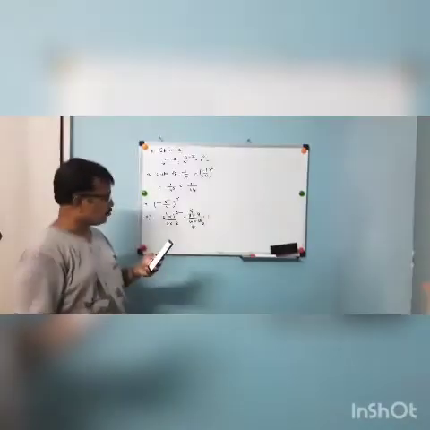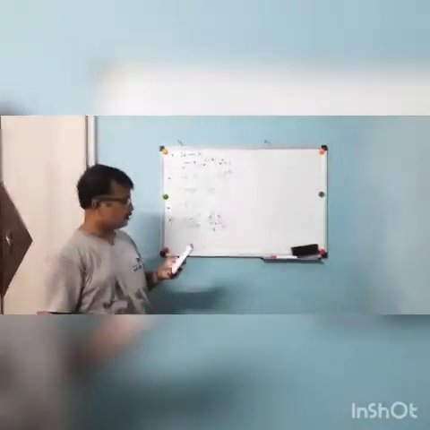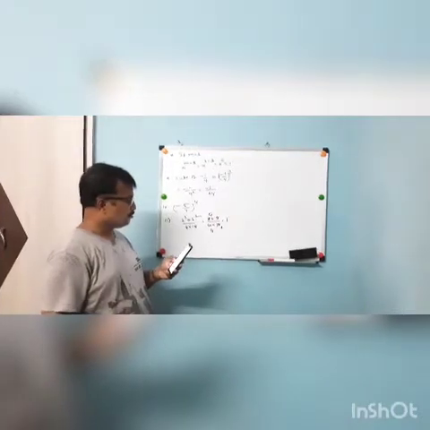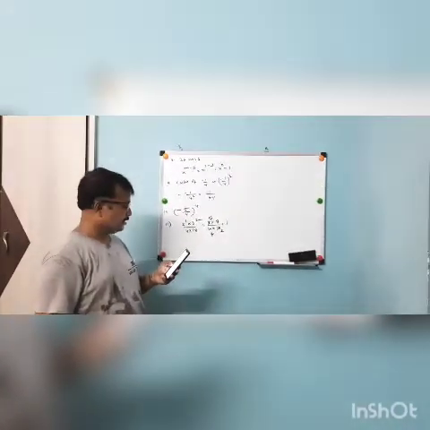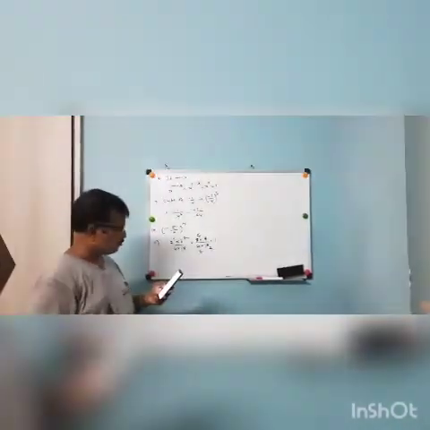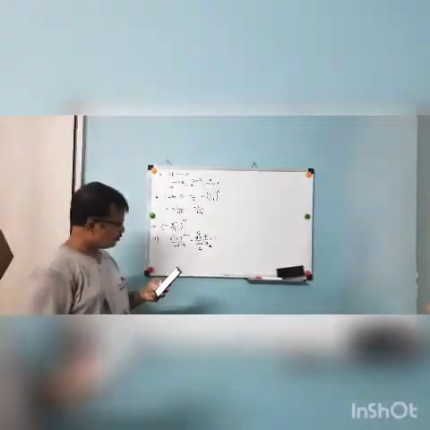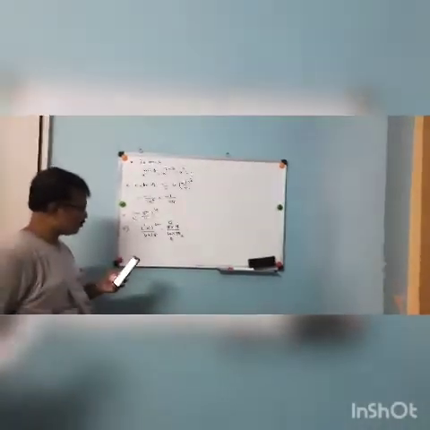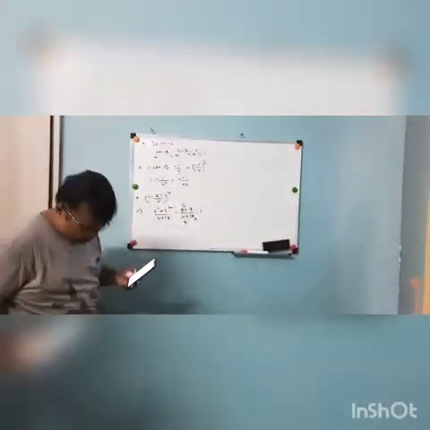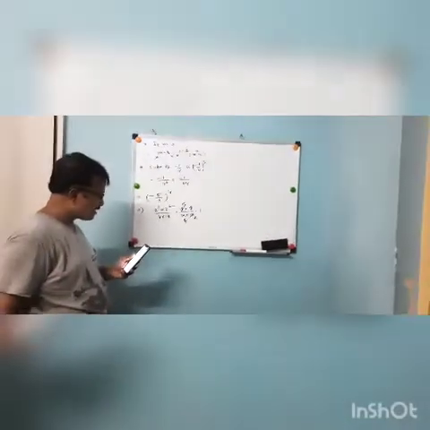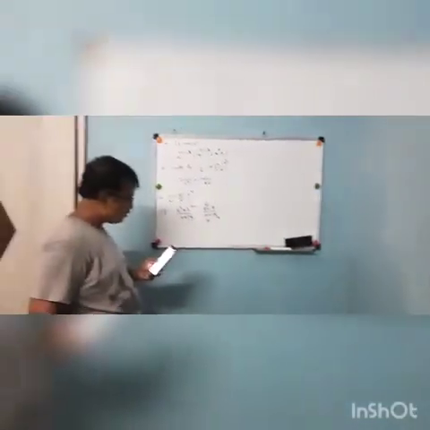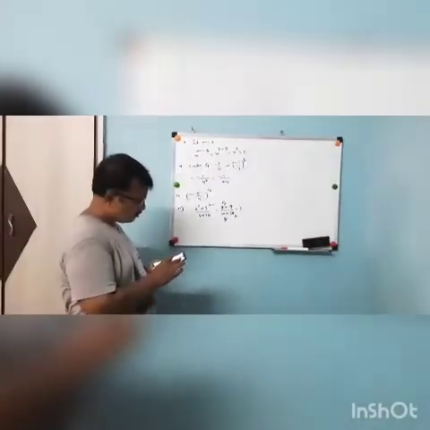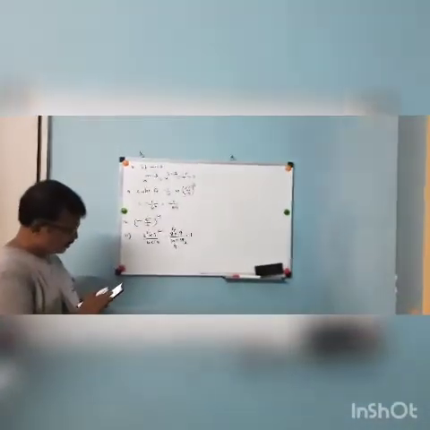Next, minus 2 whole cubed by minus 2 power 4 divided by minus 2 whole power 7, that is also 1. 3 power 0 is 1, 5 cubed also 1. So 2 power 4 by 7 power 0 plus 3 power 0 whole cubed. 2 power 4 by 1 cubed, that means 2 power 4 is equal to 16. So that is not equal to 1.